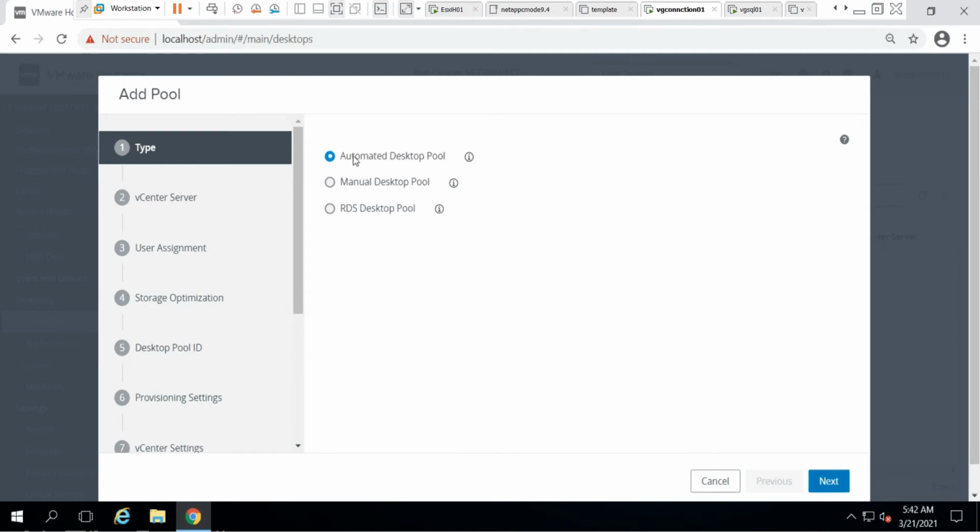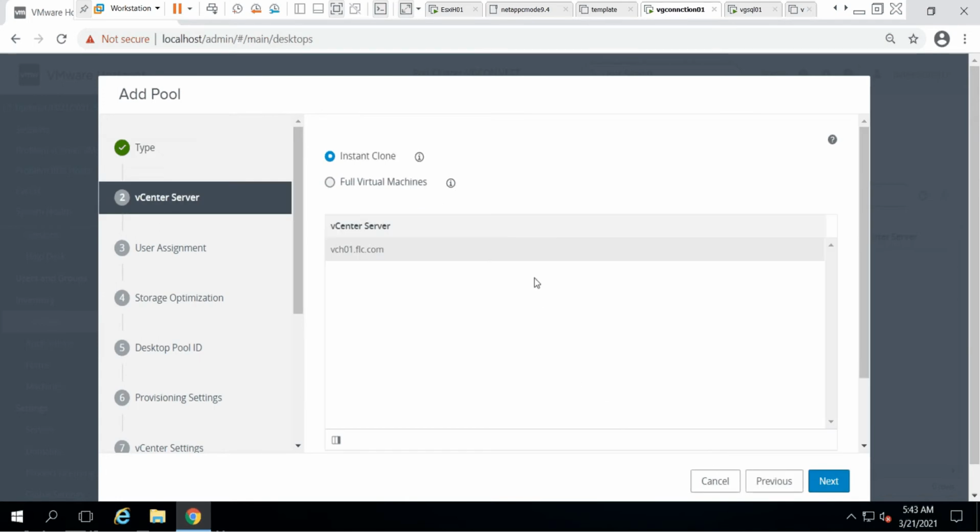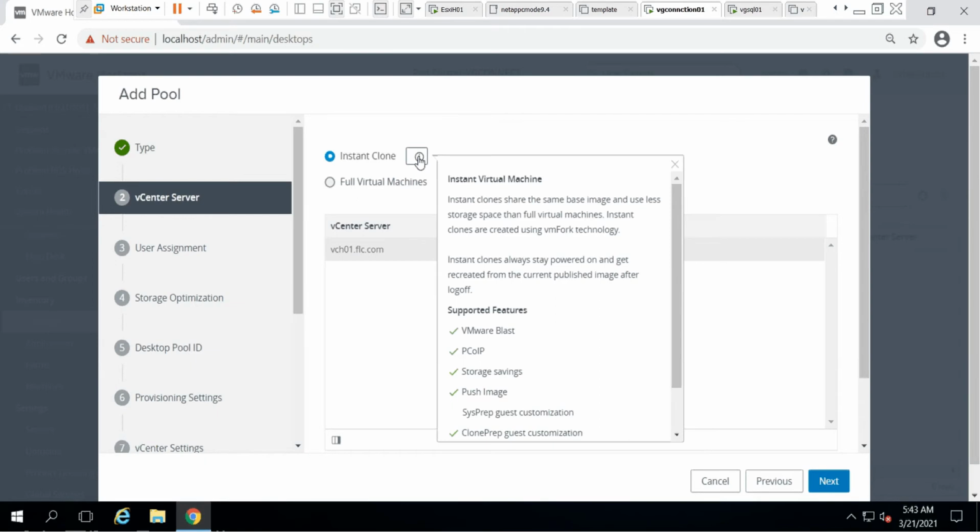If you select the automated desktop pool and click next, it will ask for instant clone and full virtual machine. I will be using the instant clone for this one. Even if you click on this, it will give the options and supported features, so go through it to understand what a full virtual machine and an instant clone are.